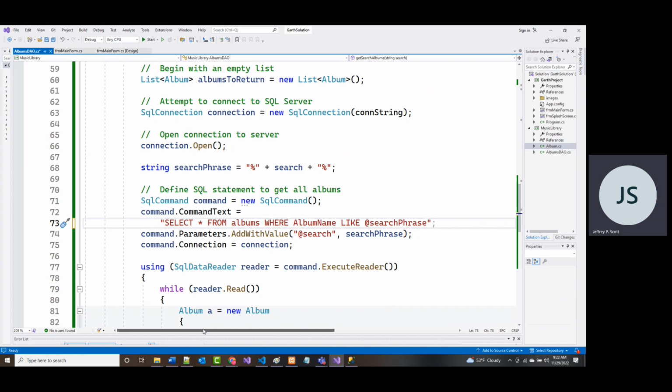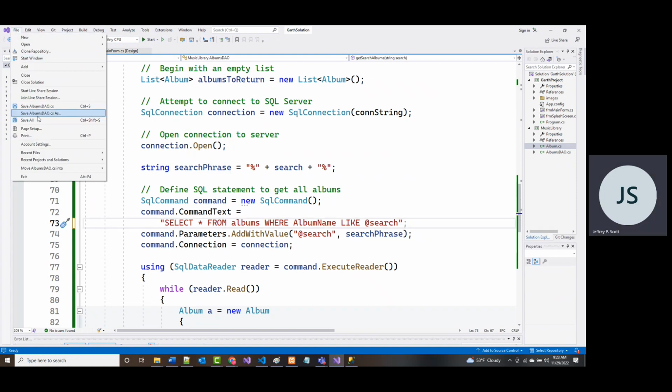Write a little more code, and then test it. In fact, that should be search phrase, I believe. All right. So let's see, search. Actually, that should be search, I believe, and not search phrase, but we'll find out.